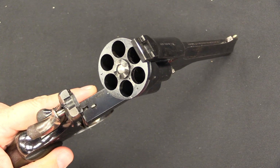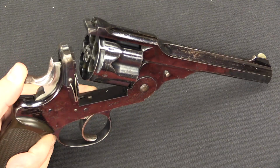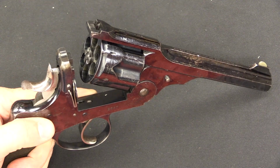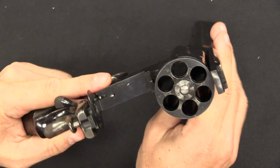at the time. Not having a solid frame reduced the potential strength of the action, but the British cartridges used in these guns were not particularly potent in the first place, and so it didn't prove to be a practical issue. And it was made up for by the fact that you can reload this thing a